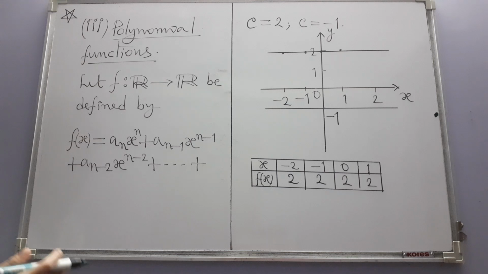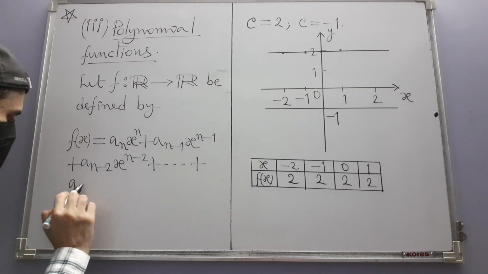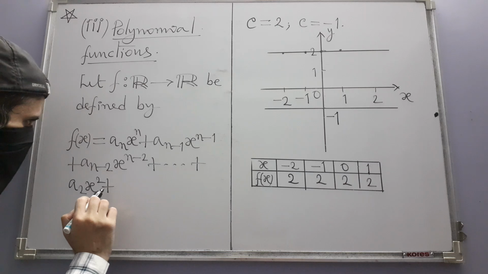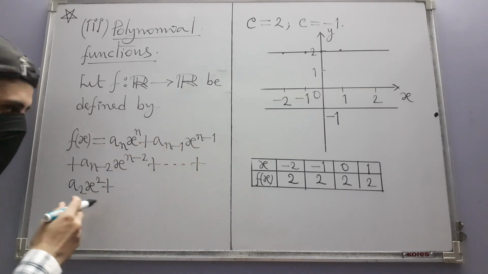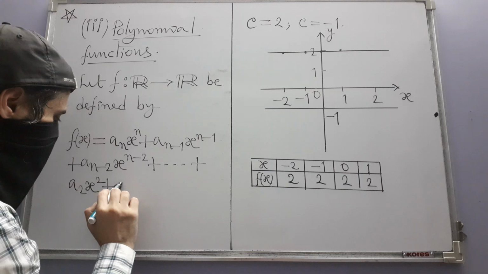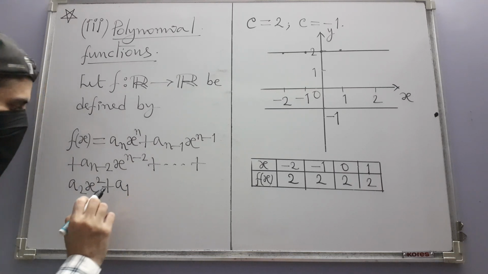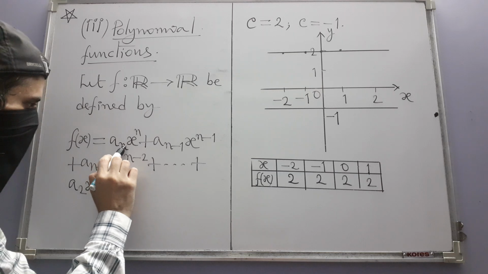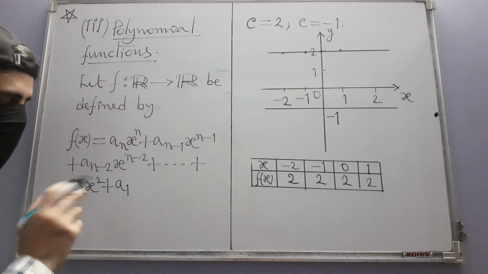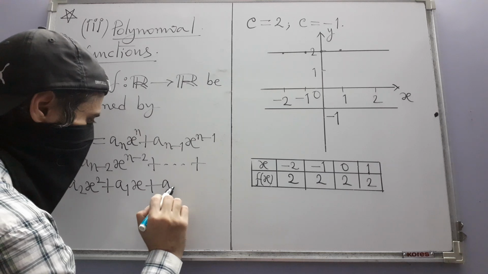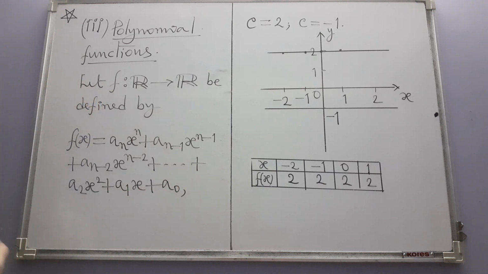Following that pattern, we will eventually reach a2 x square, because these exponents are gradually decreasing one by one. Every time we write an exponent, it's one less than the previous one. And similarly, the suffix values also are that. a1x plus a0, where